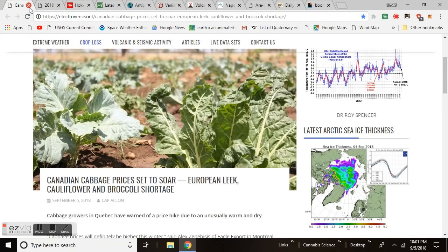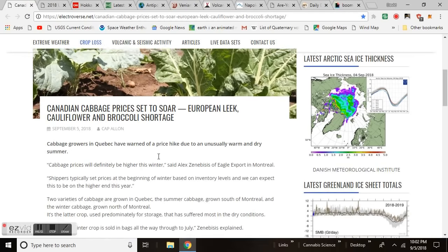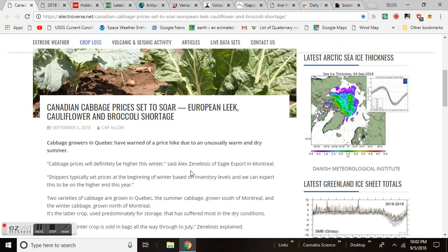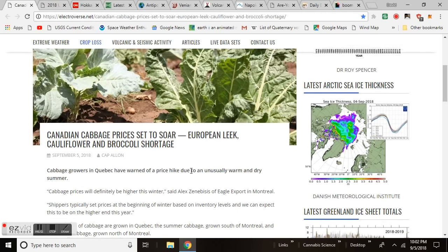Canadian cabbage prices set to soar. European leek, cauliflower, and broccoli shortage. Can you say brassica bust? Cabbage growers in Quebec have warned of a price hike due to unusually warm and dry summers. Cabbage prices will definitely be higher this winter, said Alex Denvis, who is not lacto-fermenting whatsoever. We are...